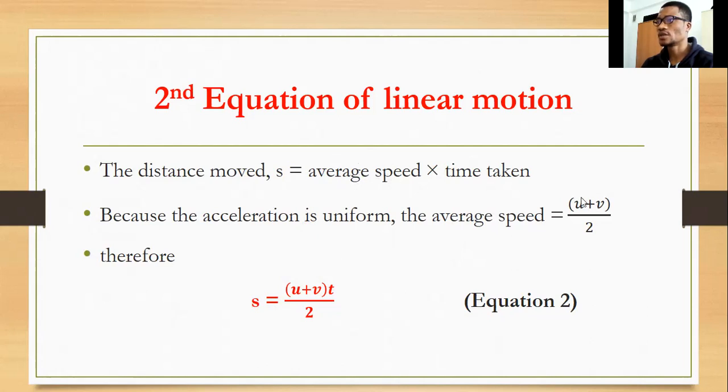So here what we do is that we substitute this, that is initial velocity plus the final velocity, divided by 2. So that is the average speed, and then we multiply by the time taken. So that is where we have our second equation as s, which is distance, equal to bracket u plus v, then multiply by the time taken, divided by 2 because it is average speed. So this is also very simple to derive. Let's move to the next one,